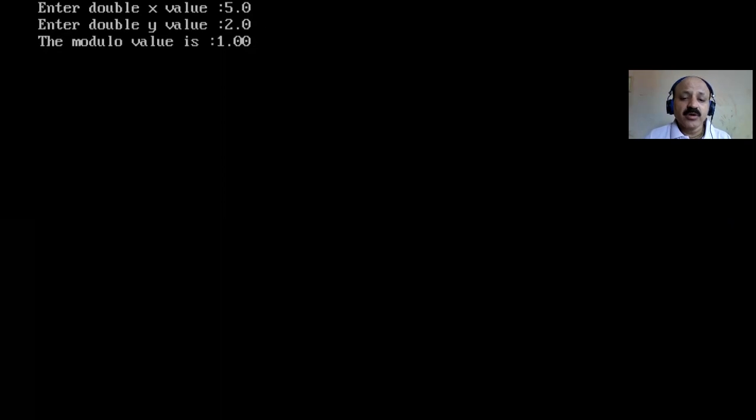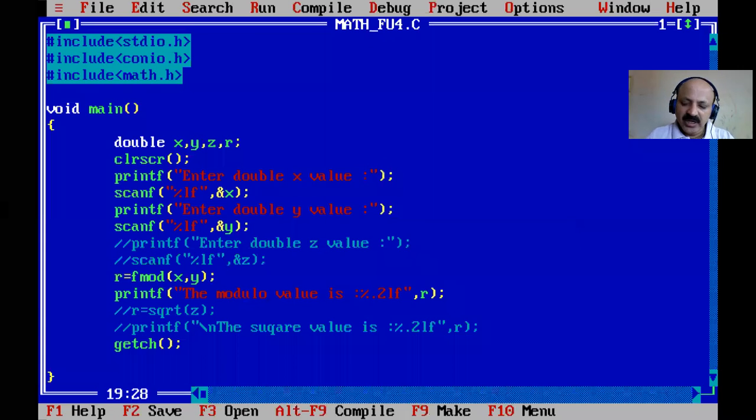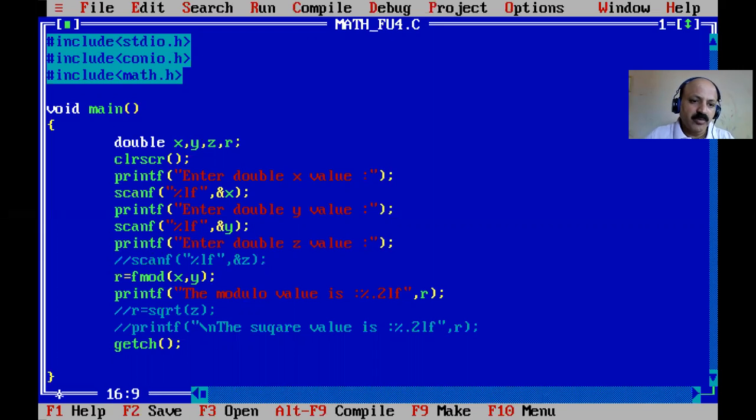So sometimes in our coding it is required, we cannot use the modulo operator on the float data type. That is a rule you have to know. So the integer modulo does not give the remainder of a float value. So in that type of situation in our programming, we can use fmod. fmod gives the float remainder. That is a very important function. Sometimes we can use it in our coding part.